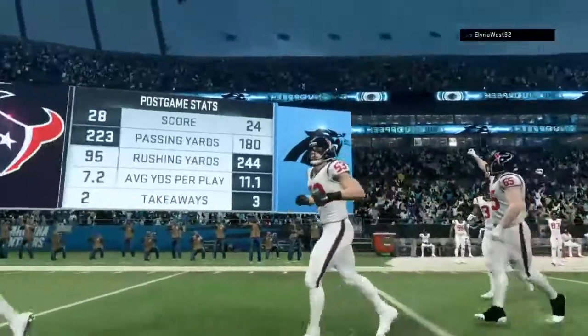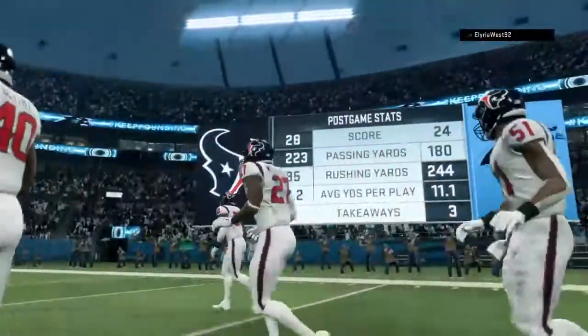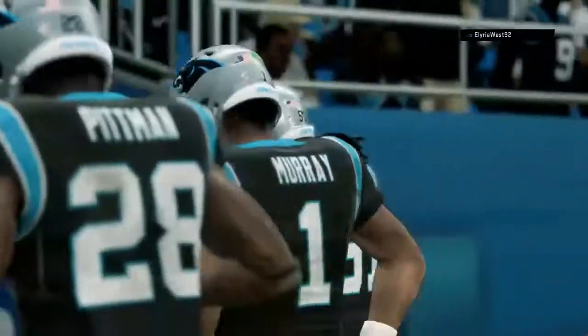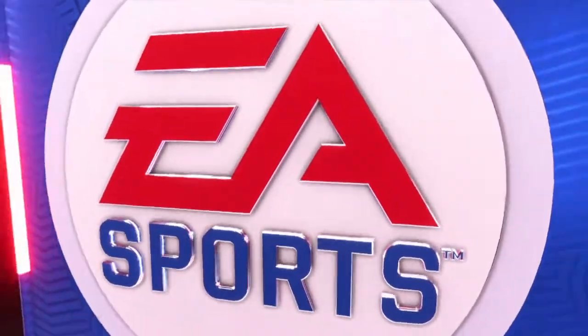So for Houston, the win moves them up to 5-2 now on the year. And they'll be able to enjoy this one through the bye week before they get back at it again. Meanwhile, for the Panthers, they drop just their 2nd game so far as they fall to 5-2. And they'll try